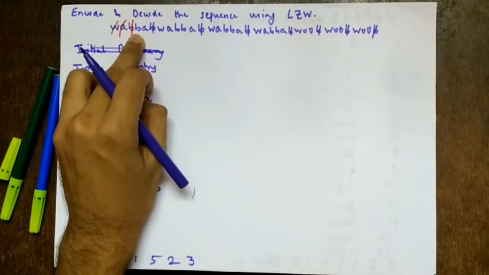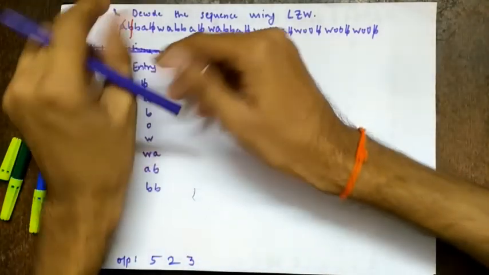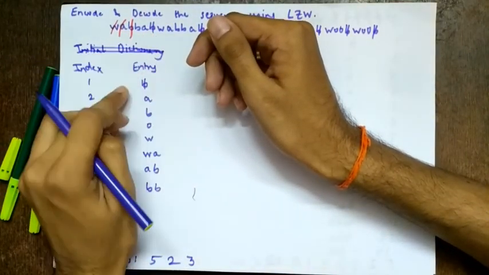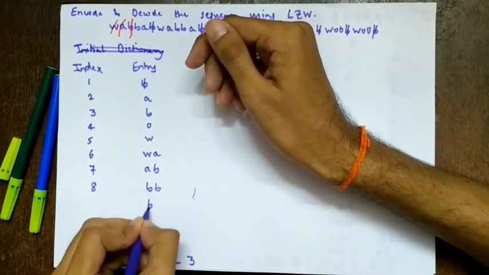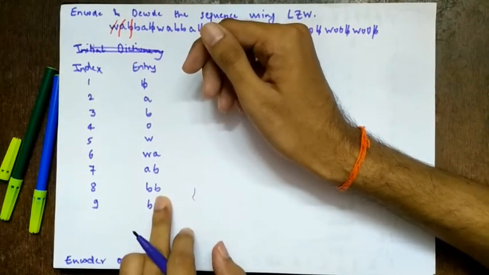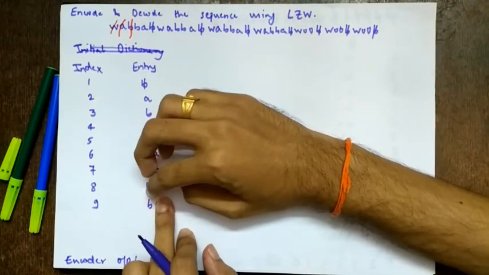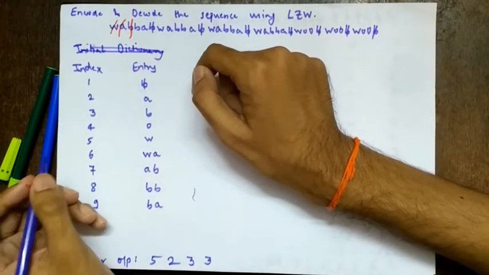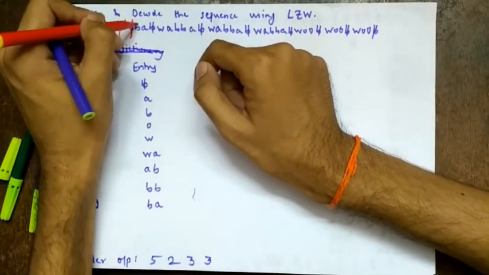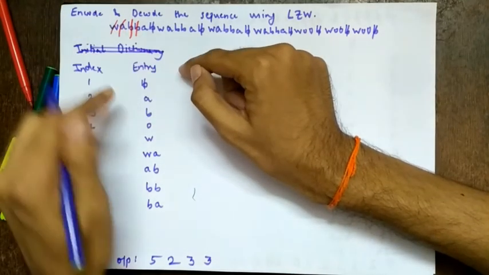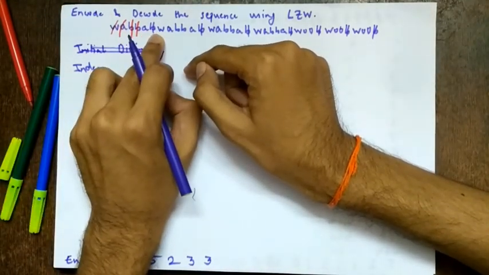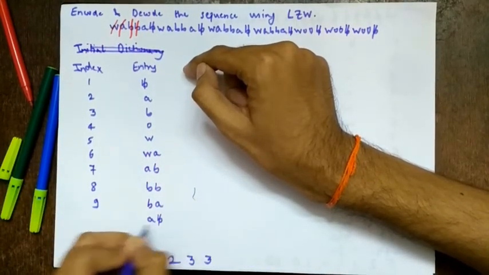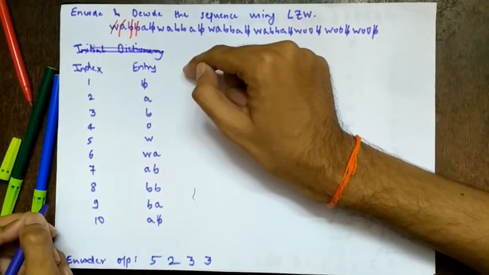Next is again B. Again B is in the dictionary, right? So we will not enter a new sequence there. So BA: is BA in the dictionary? Let's check. No, it is not there. So BA gets index 9. Again take this and remove this alphabet. What do we remove? It is B. What is the index of B? 3. So again we encode it as 3. We have again encoded the next B, so scratch it. Then what do we have? A. Again A is in the dictionary, so we concatenate the next alphabet, B bar. Is A B bar in the dictionary? No, it is not there. So we make a new entry A B bar corresponding to 10. Right?